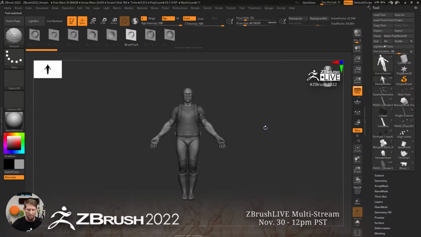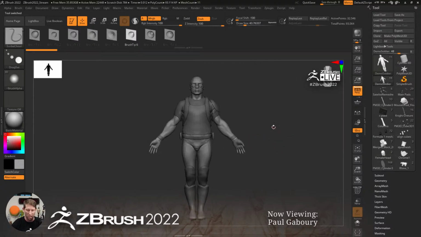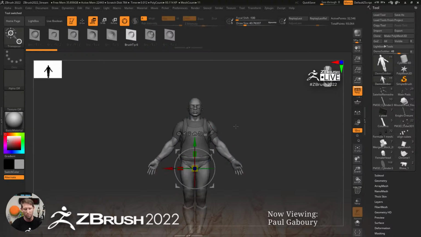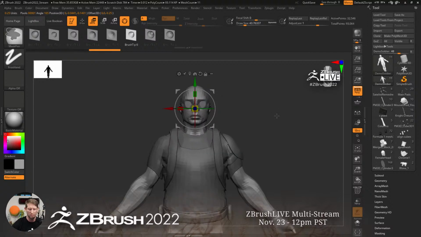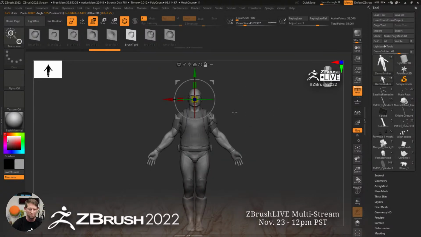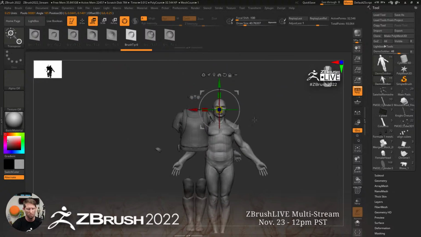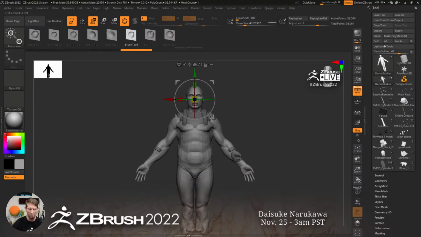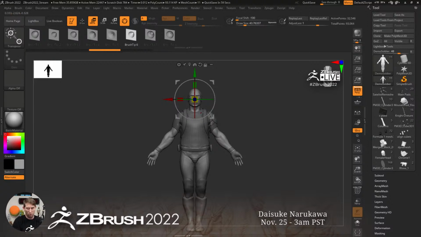Let's take the demo soldier again. He's our friend, right? We'll make sure he's selected. I'm going to throw on my gizmo, and let's put him up here in the top. So when we're working with our gizmo, we obviously have the ability to move, rotate, and scale, and everything's staying nice and conforming to what the original